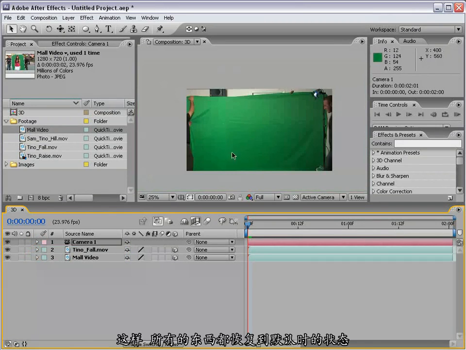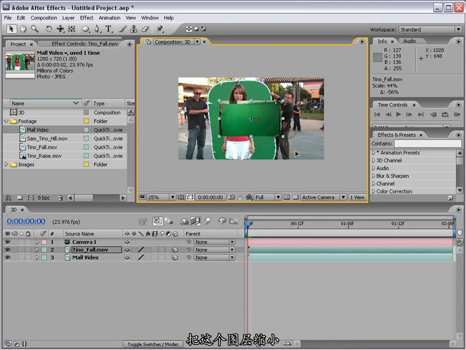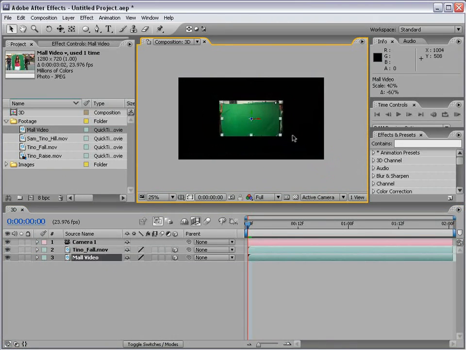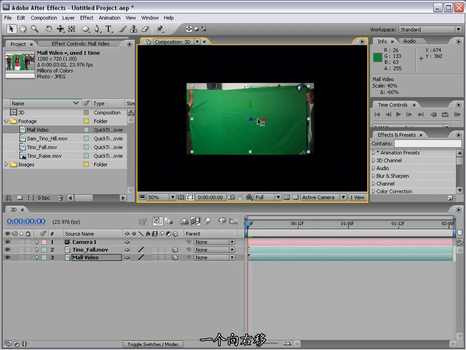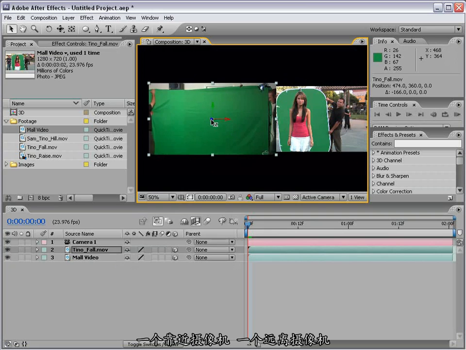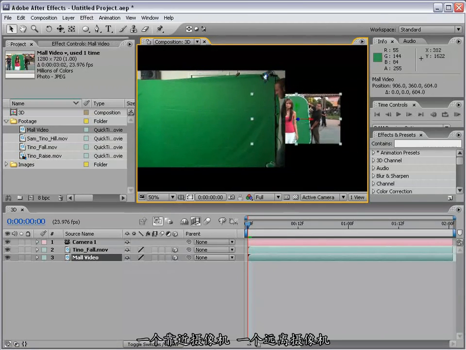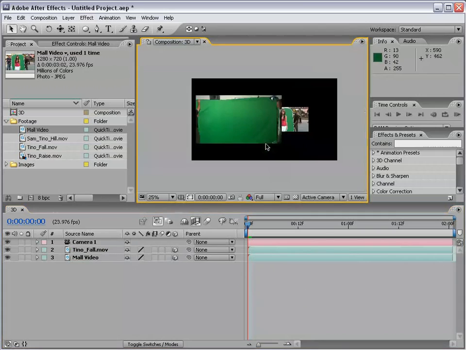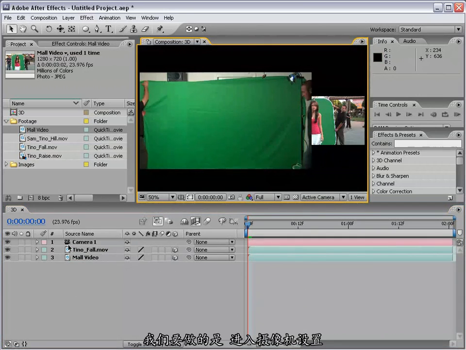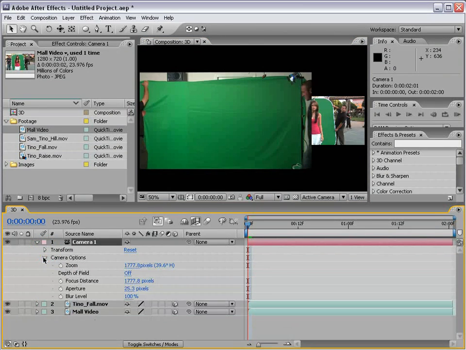And so now everything's back to its default level, and I'm going to scale these layers down a bit. And then I'm going to move one to the right and one sort of to the left. Then I'm going to move one closer to the camera and one further away from the camera. And what I'm going to do is go to the camera settings, bring down the camera options, and turn on